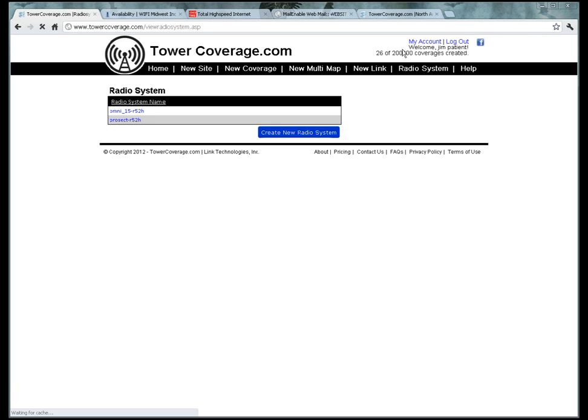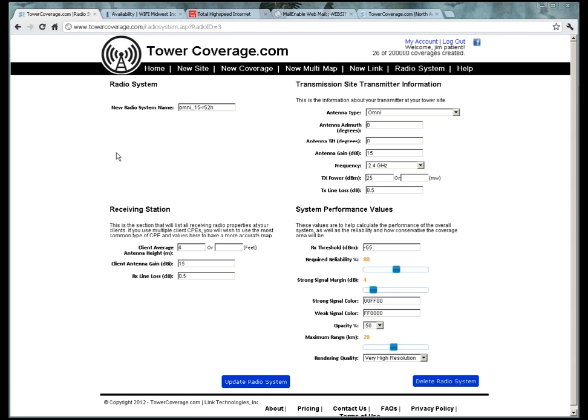If I go to our radio system, and then I'm just going to select one of our radio systems, notice we have a radio system name, we have a client average height, client receiving gain, our transmitter type, gain, frequency, line loss, as well as our typical system performance variables. The minimum signal, which is the RX threshold, the minimum signal that we wish to show on our map, and then if we wish to show a strong signal, basically our strong dB signal margin, which is in this case